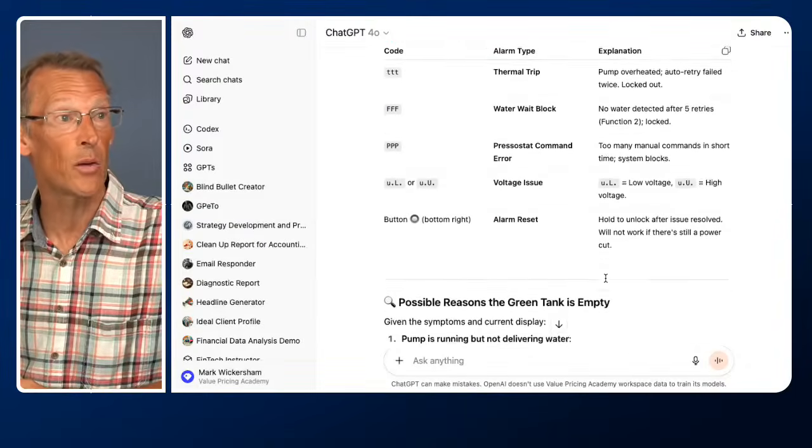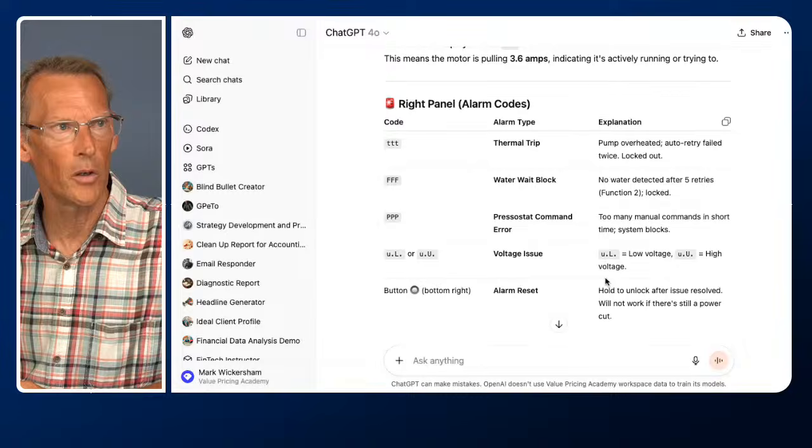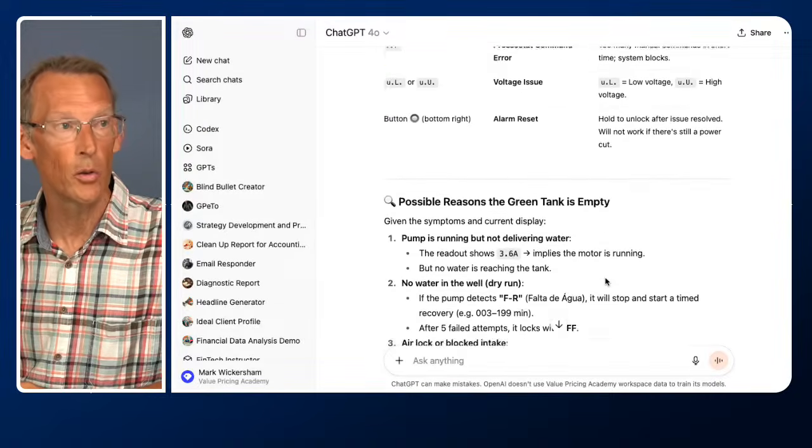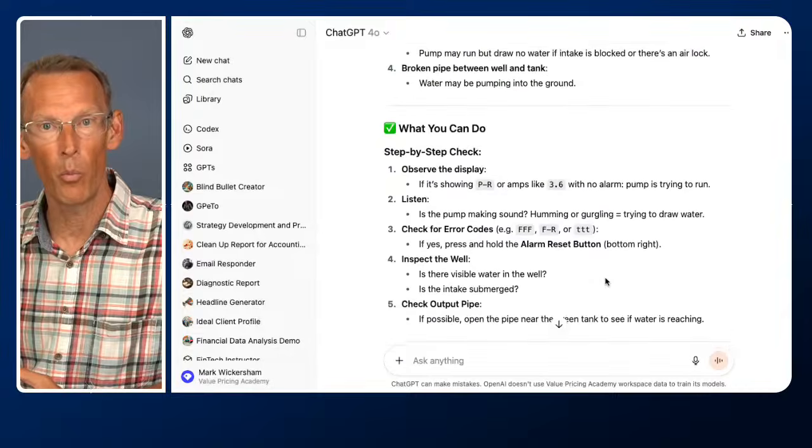And as it turned out, all that had happened is we'd had a power cut a while earlier, and so it crashed the system. It just needed a reboot. It was actually pretty simple, but I now have these full instructions for how the pump works in our house, which I think is extraordinary. And we've done that for so many things. When computers break, whatever goes wrong, we just give it to ChatGPT and say, help us diagnose this problem.